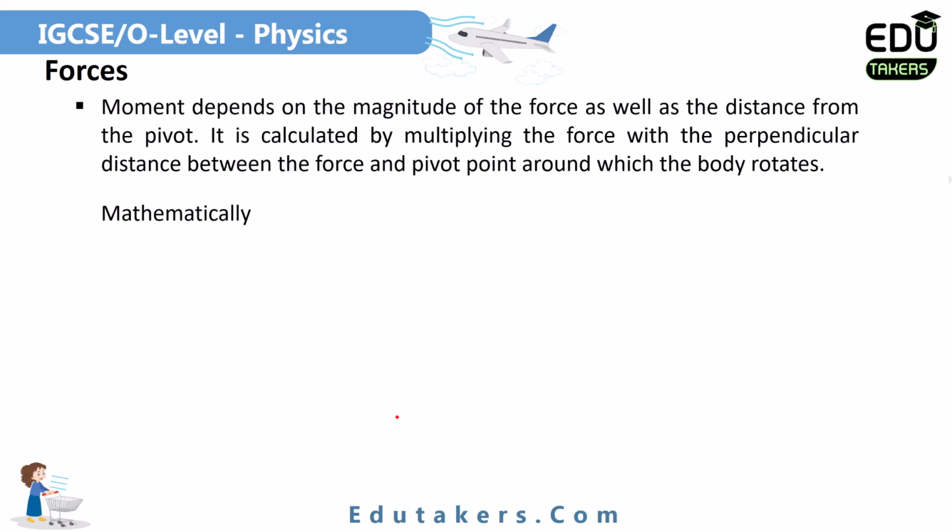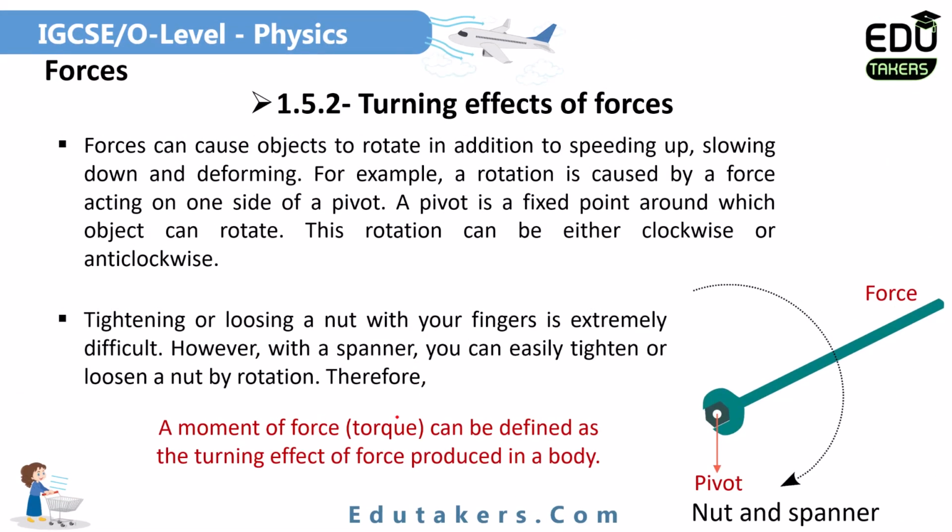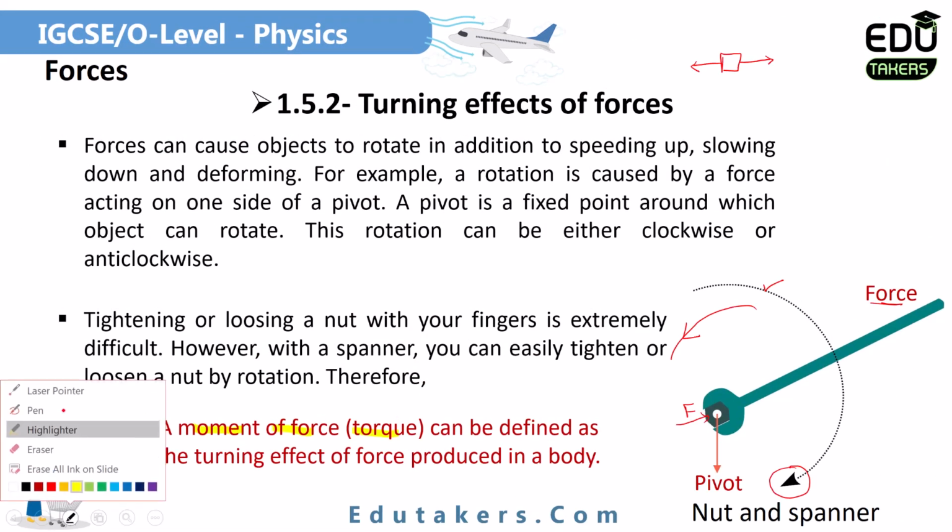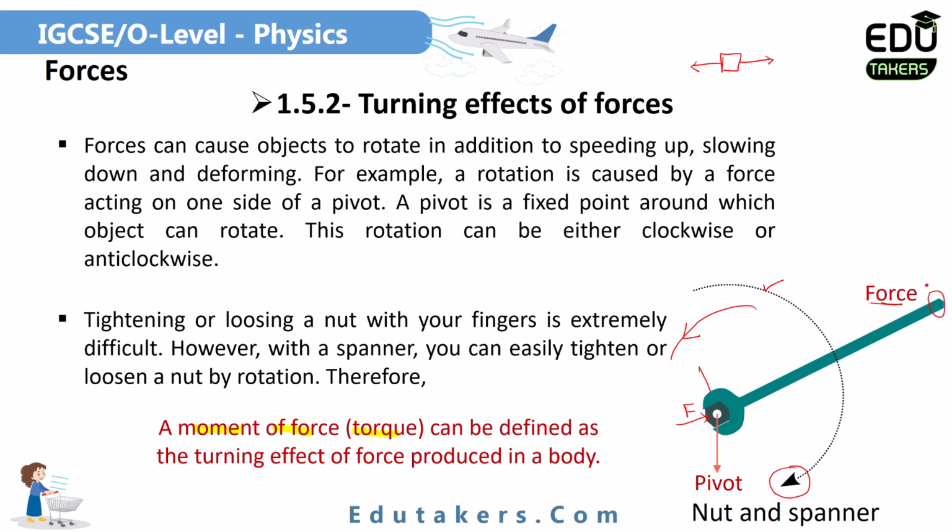On which factor does the moment of the force depend and what is its mathematical form? So go back to this figure again. Here first of all, this is a pivot point around which the force is applied, and I suppose that your hand is at this point from where you are applying the force. So you need to consider this distance. It would be the perpendicular distance from the point of application of the force to the point around which the body rotates, means that the pivot point. This distance is represented by d.